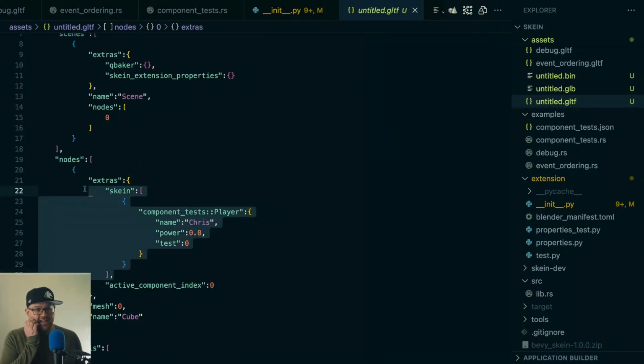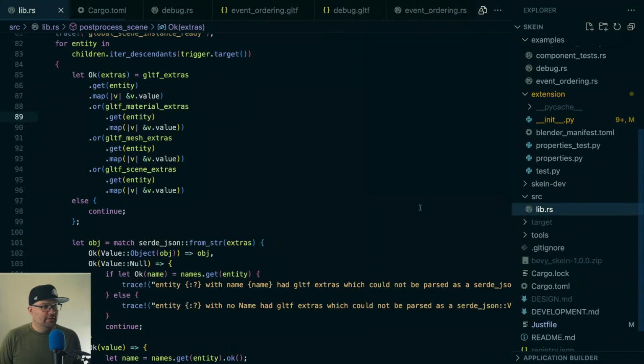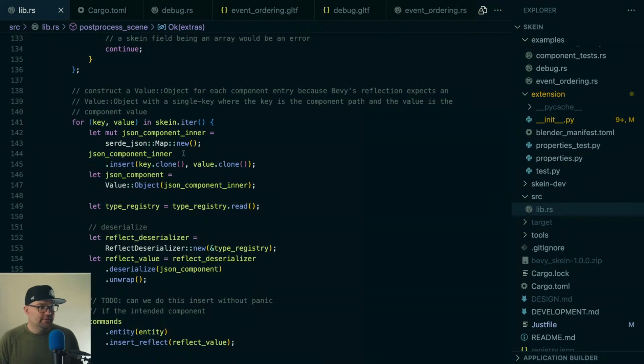Okay, so our data is now being reformatted. That's exactly what we wanted. So now what we have is an array of a set of objects. And those objects have their type path as the key name and their values as the values. And this is really important because of the way this works inside of Rust,